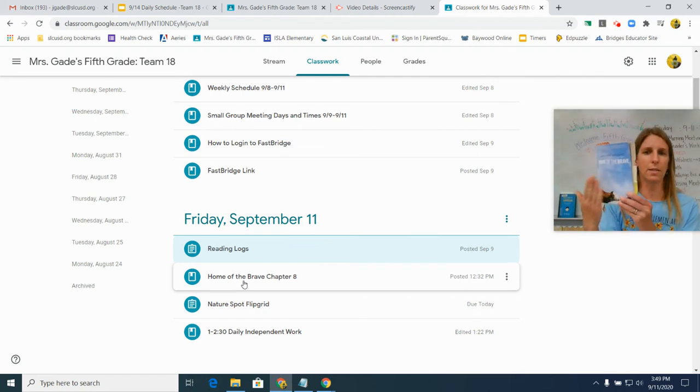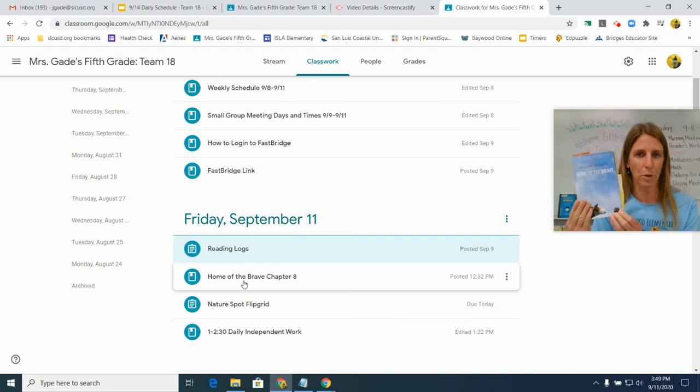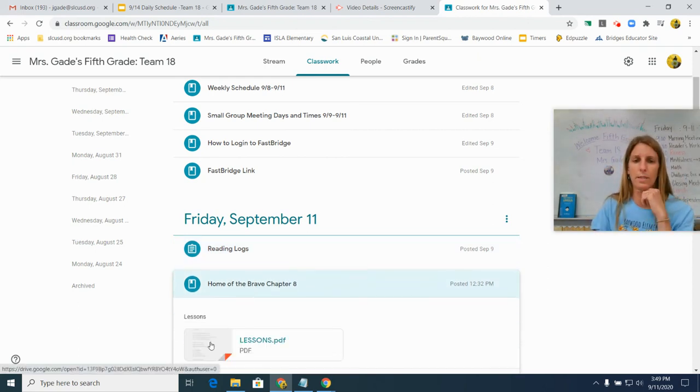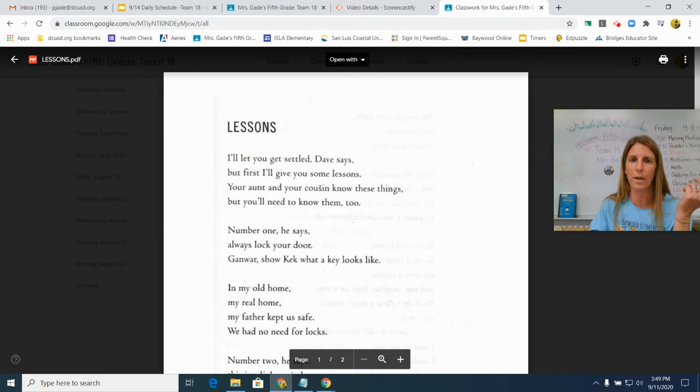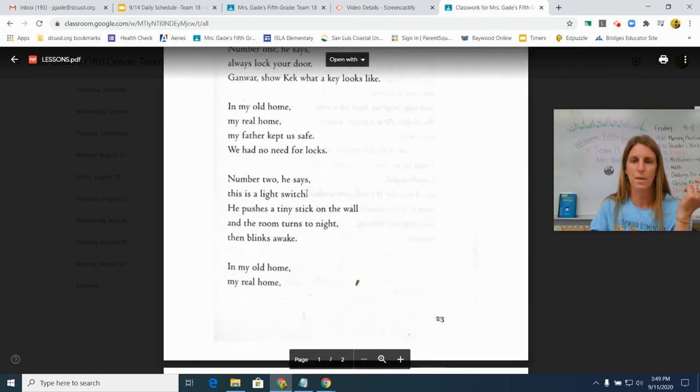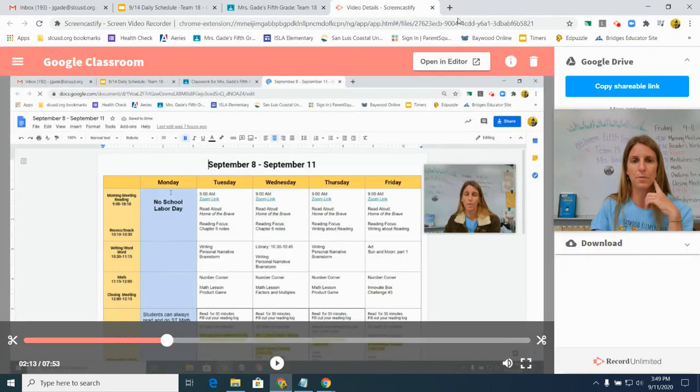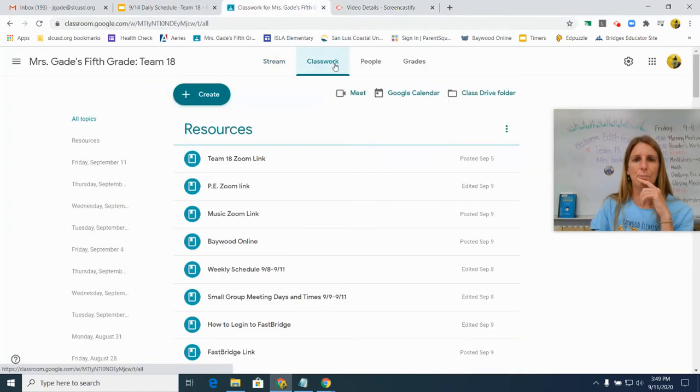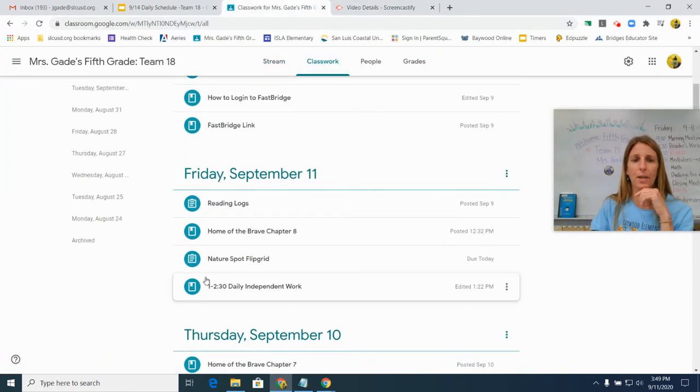This is the book we're reading for our readers workshop. It's Home of the Brave. If Zoom isn't working on their end and they can't hear me very well, then that's why I've included this. It's the PDF of what I read to them that day so that they can go back and read it themselves. Oh, goodness, there. Okay, there I go. All right, so the next important thing is